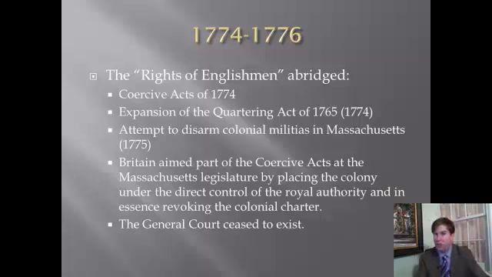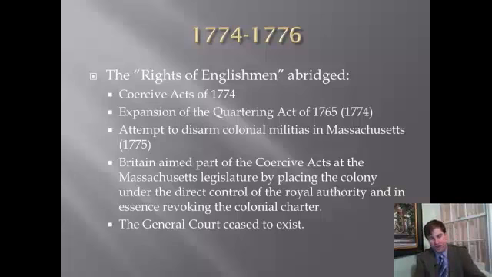This was the real threat to English constitutionalism. And if they could do that in Massachusetts, why couldn't they do it in Virginia or New York or Pennsylvania or South Carolina or New Jersey? I mean, if they can do this arbitrarily, what's to stop them in all the colonies from revoking the colonial charters, from basically saying these colonial constitutions don't exist? If they don't exist, we lose our local authority. So this is really where it's a constitutional crisis.